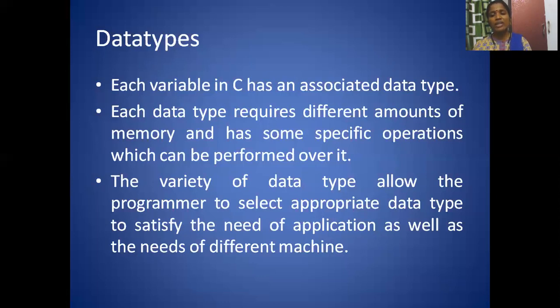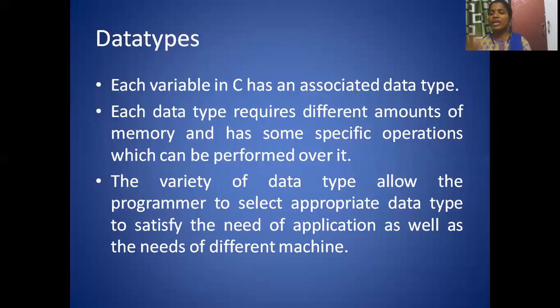For this, we can have an example. Suppose you want to store marks. Marks cannot have a decimal part. Either it can be 78, 87, and so on. Whereas the percentage, that means the average of marks, will be in floating point. So the average will be stored in floating point, whereas the marks are stored in integer.